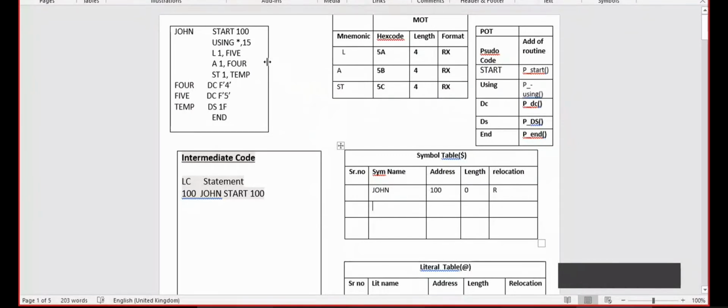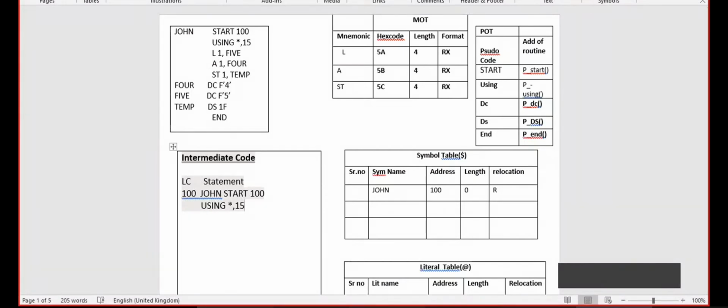So USING is present in the POT table and the address of the routine is already given. So write down the second statement into the intermediate code as USING star comma 15. Star shows the current address and 15 is the register number.